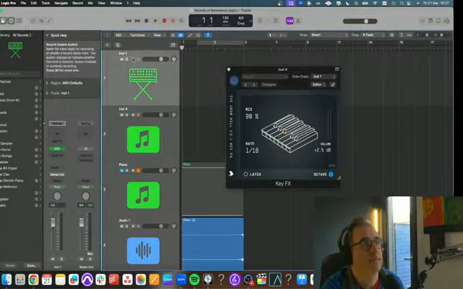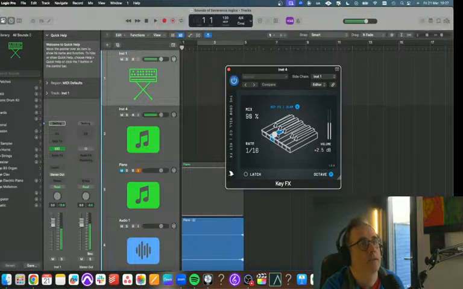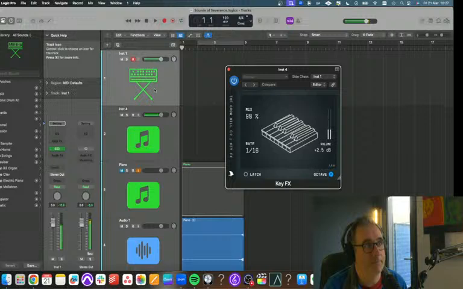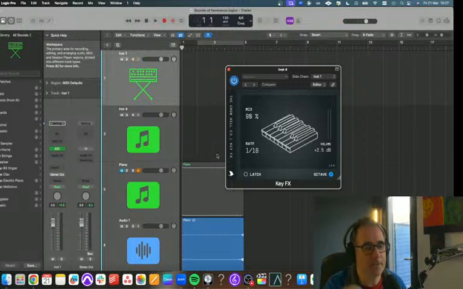So here's a, I'm just going to play the E flat just to kind of line it up. I'm just going to build on this sound a little bit.